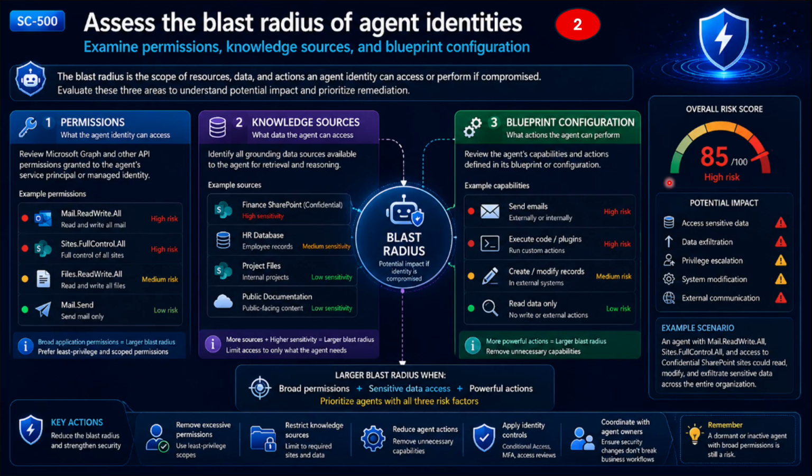The impact that the agent can have if it goes rogue, like a rogue administrator, or if the system is hacked and malicious actors get access to those agents. Can the agent access sensitive data? Can a malicious user using that agent use data exfiltration? If it's an autonomous agent, now remember that